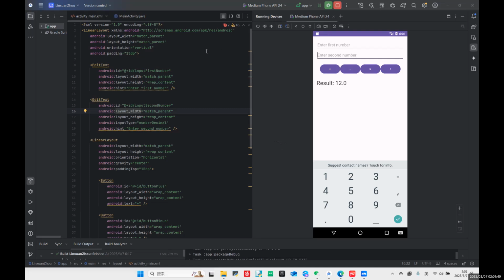So in the code, first we have the linear layout. In the root layout of the entire face, its orientation is set to vertical, meaning all the child elements will be arranged from top to bottom. And we have also set a padding of 15 dp to make the interface look more visually